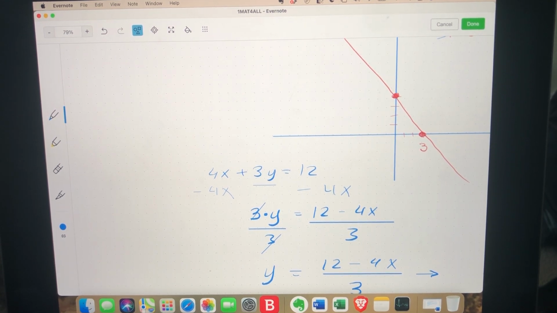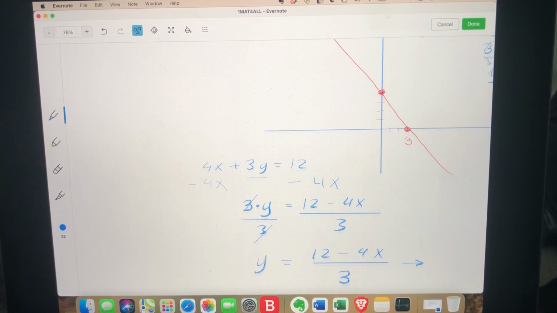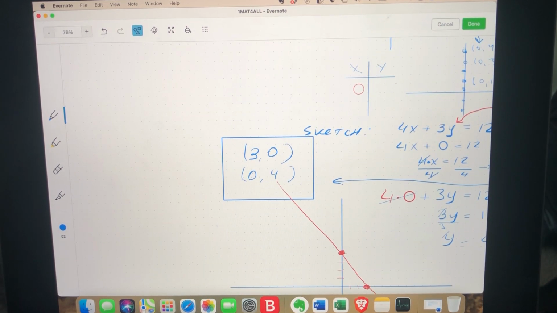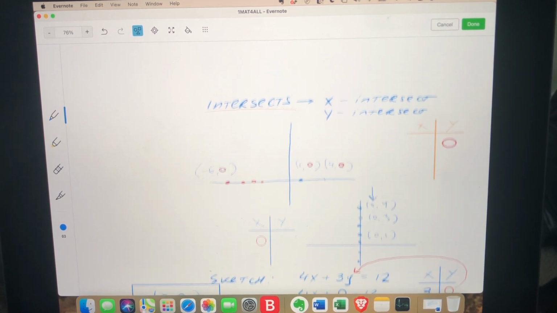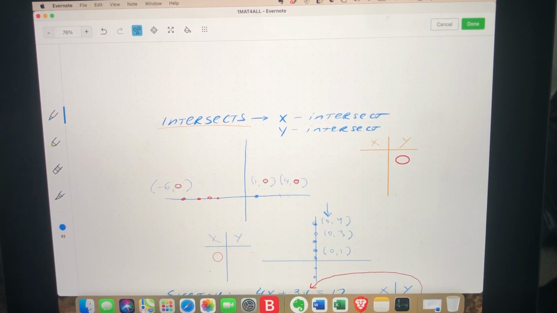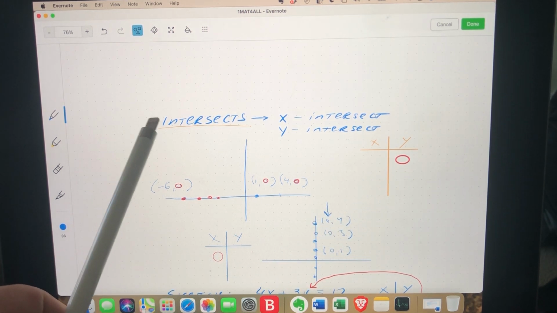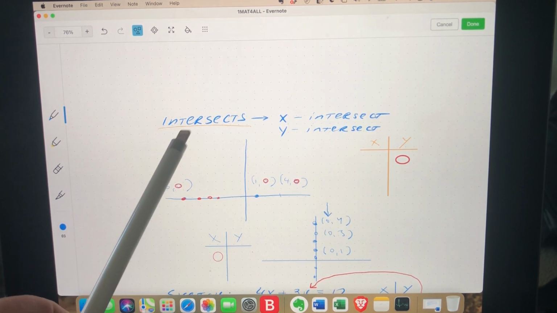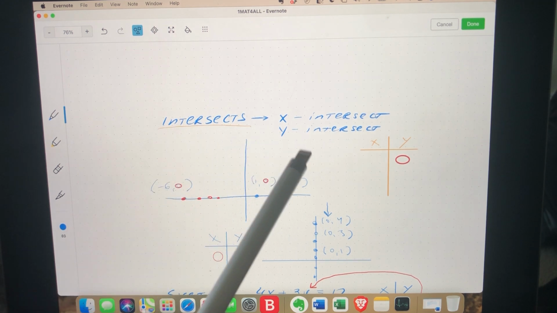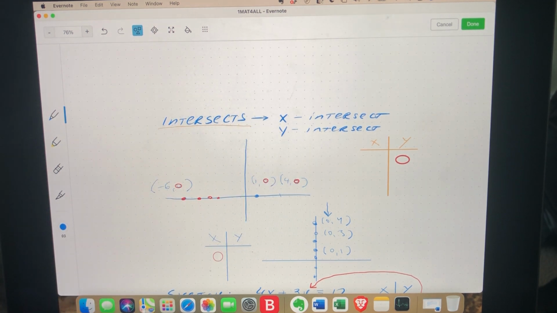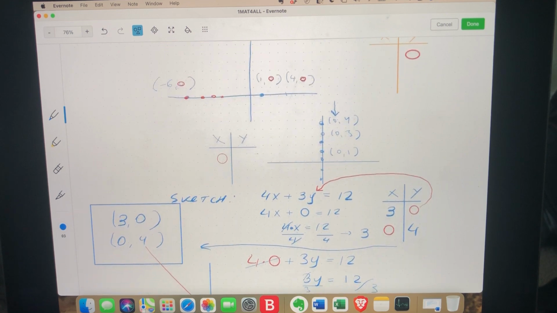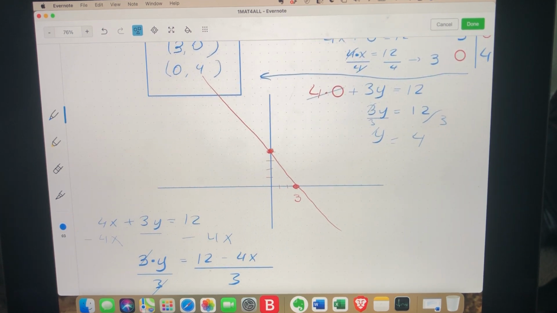Sometimes, many times, when we sketch the straight line, using the intercept method will actually prove to be the most efficient because it's easiest to plug in zeros as opposed to plugging in some other numbers. So when we have a chance to use intercepts, that often proves to be the faster method than using anything else. But sometimes when we are asked to use something else,